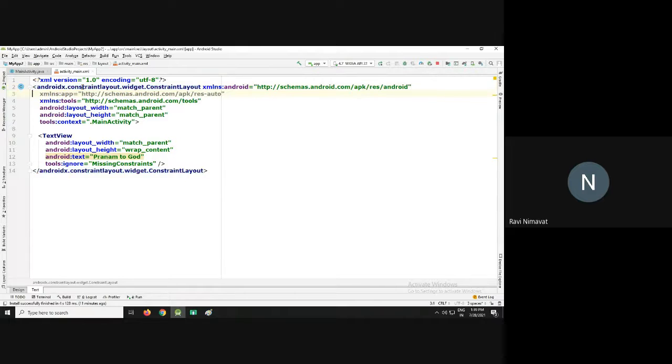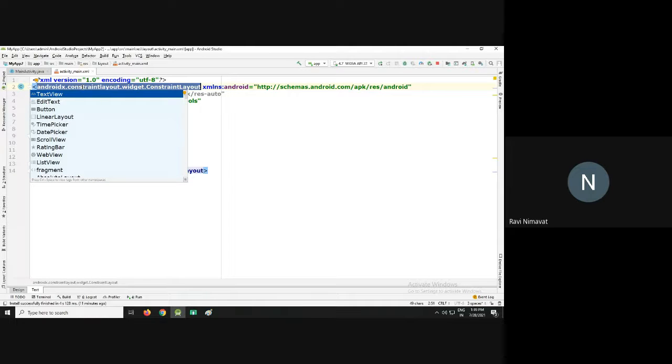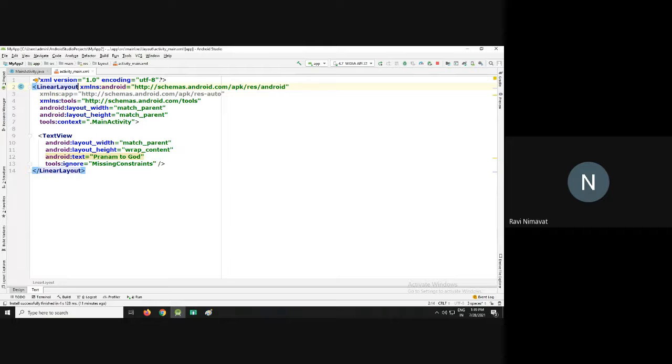Ready? Okay. So students, I changed the constraint layout to linear layout. Now our layout is linear. Clear?